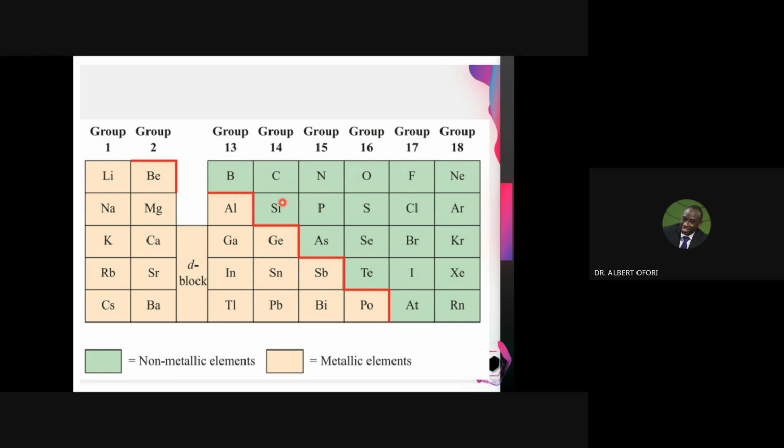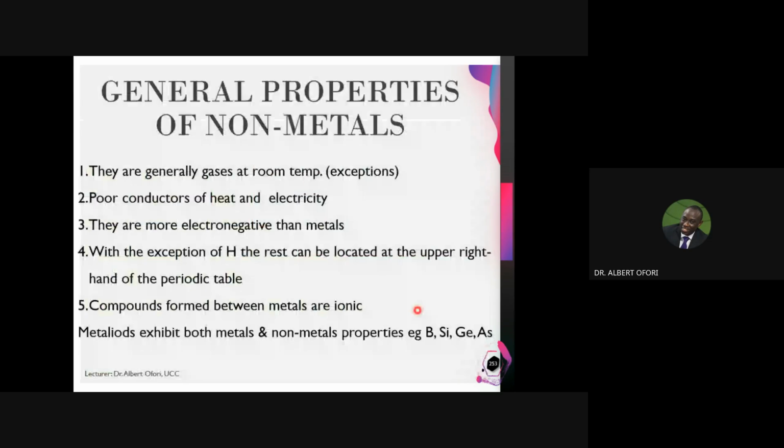Then we have this zigzag line, which will be classified as the metalloids, the semi-metals. So let's take the non-metals and then also, just as we did for the metals, have their general properties, take the group, and then we'll break them down by taking the elements one after the other. Well, the general form, we'll see that